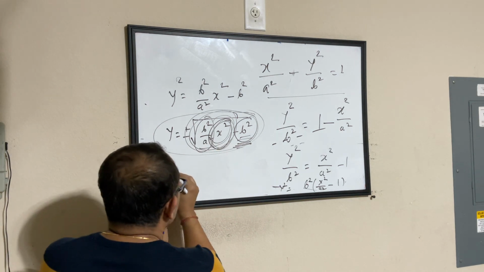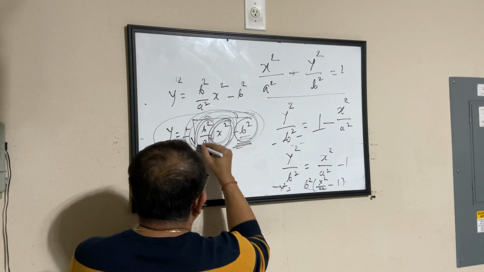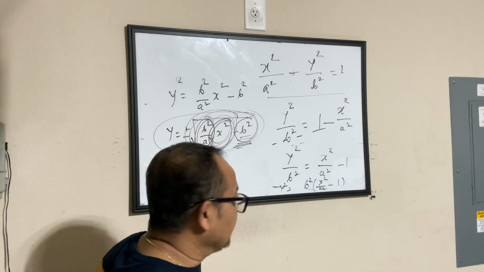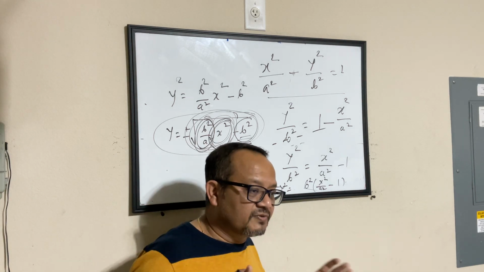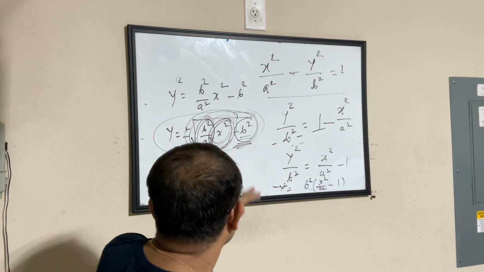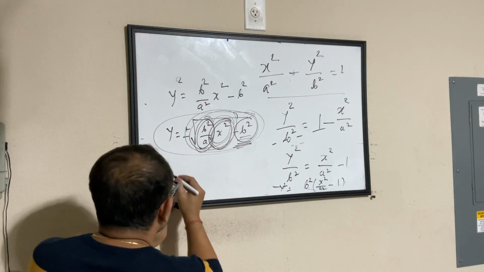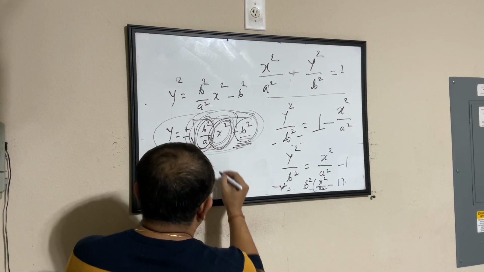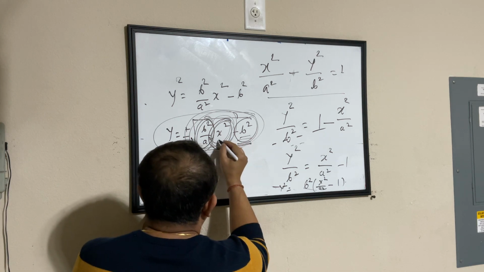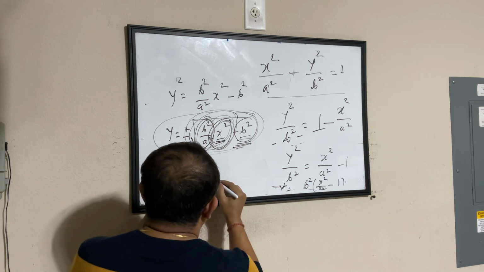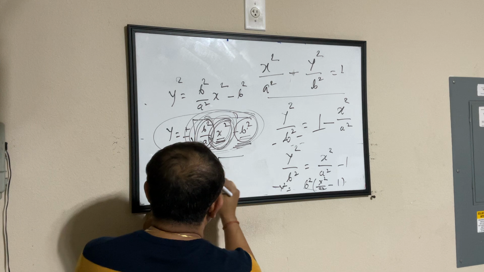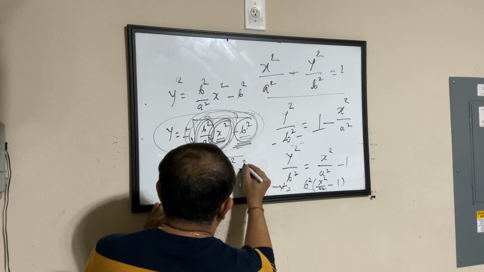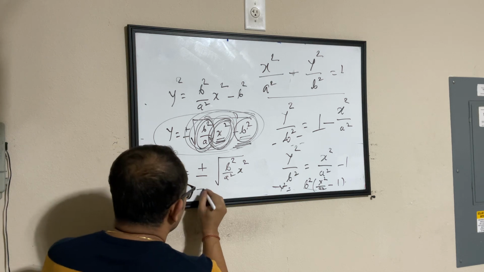So in that case, similarly, this whole thing also doesn't have much impact on this one, as long as this is not 0, we are fine. Infinity times 0.1 is also infinity only, so we don't have to worry about it. So what we are trying to derive here is a relationship between y and x, where if I have x tending towards infinity, I can simply ignore this part and this becomes b square by a square times x square, or y equals plus or minus